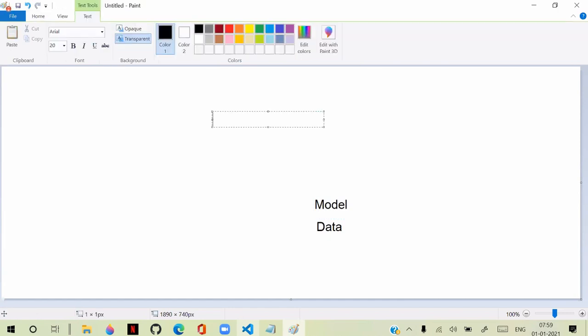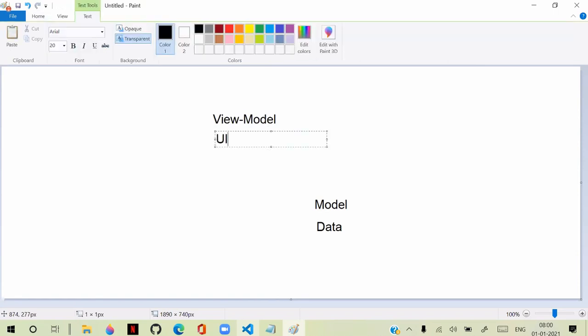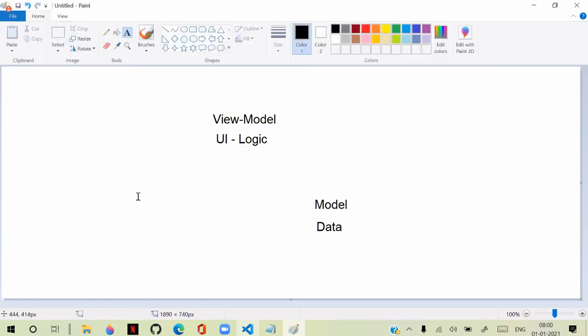And we have a view model. This comprises the UI logic bound to the UI. It contains UI logic.